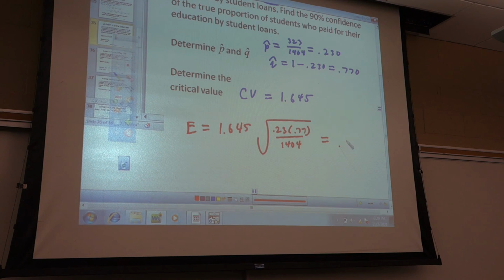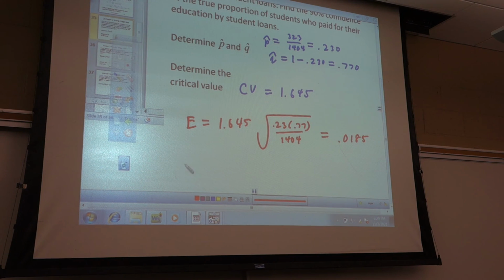Great. And then you're not done yet. Then you need to find your confidence interval. So it's going to be 0.230 minus 0.0185, comma, 0.230 plus 0.0185, and you end up getting